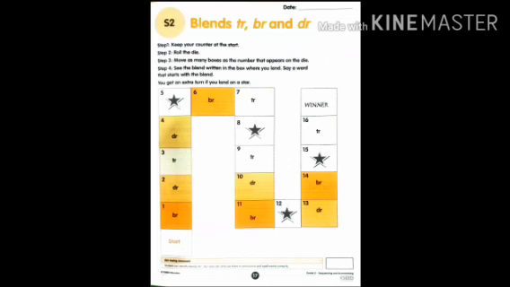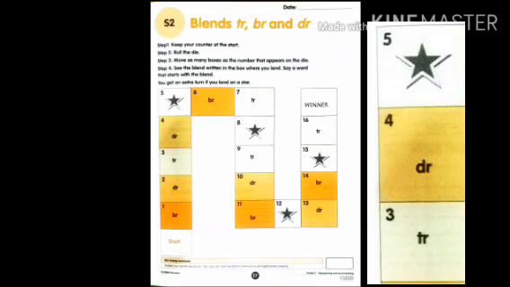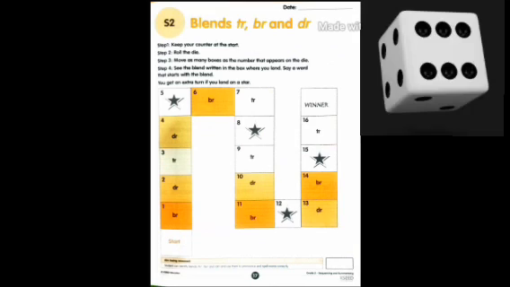Children, now open your volume, page number 17. Can you see here? 1, 2, 3. See down, start. And you can see some stars. And at the end, after 16, winner is there. That means you are going to play a game. Do you have a dice in your home? If you don't have a dice, cut the eraser into a square and just mark 6 points, 1, 2, 3, 4, 5, 6.